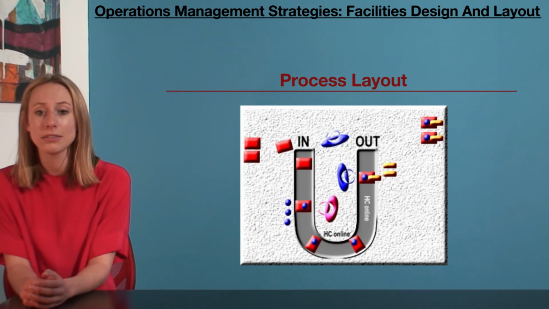A process layout deals with high varieties of products by grouping activities, equipment, and machinery of similar function together. This can involve batch production, straight line production, or U-shaped work cells. A process layout is suited to LSOs that deal with a variety of products. One of the drawbacks is that work can be monotonous for staff if they are involved in only one stage